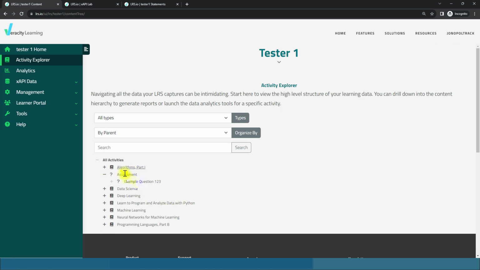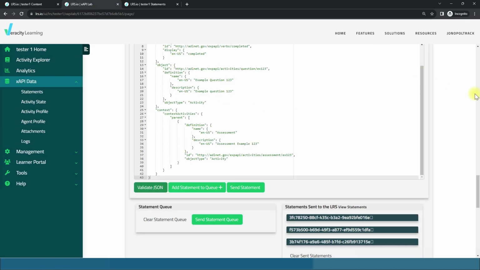But we don't know if it's in the data science course or some other course. It's just this hanging assessment. Well, if we go back into lab, and now this time,